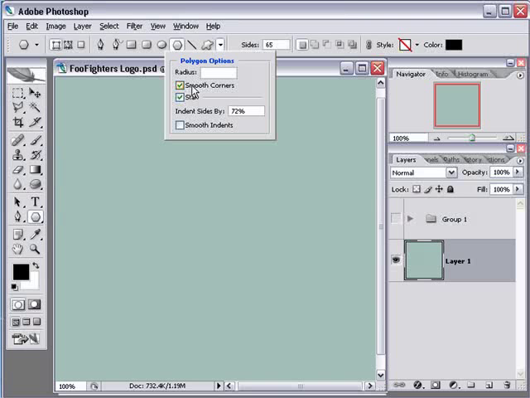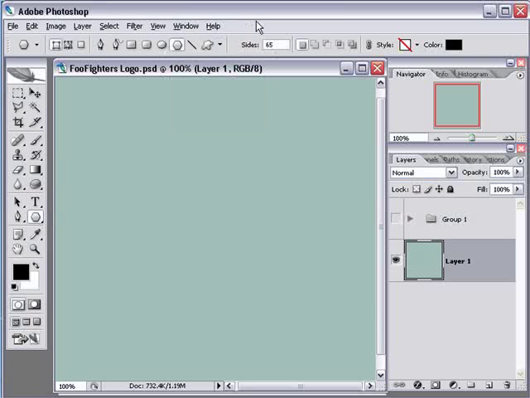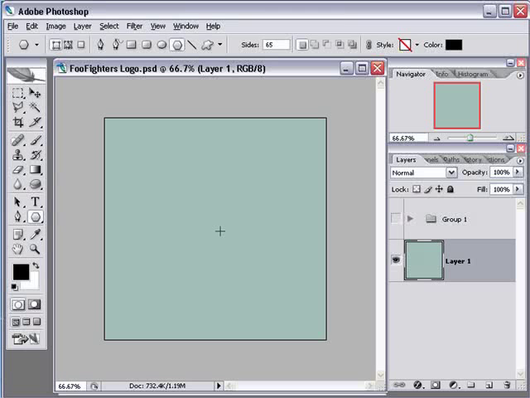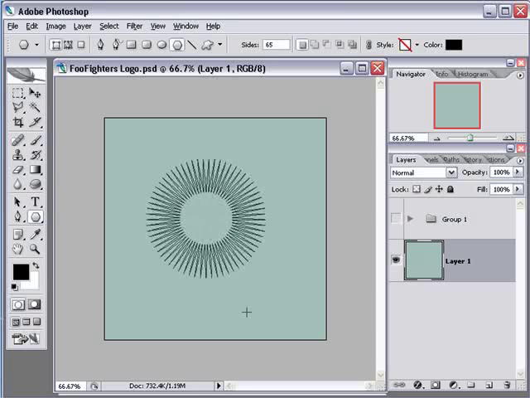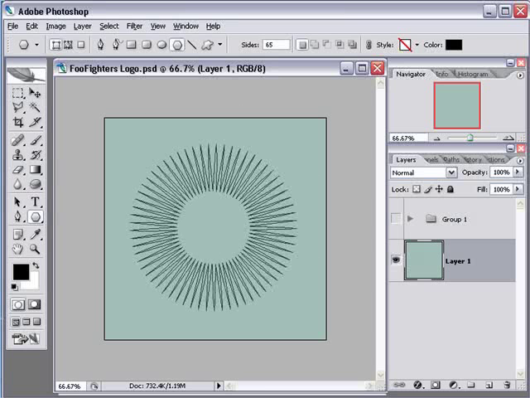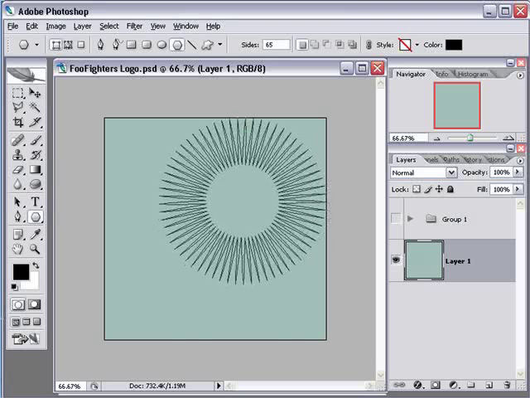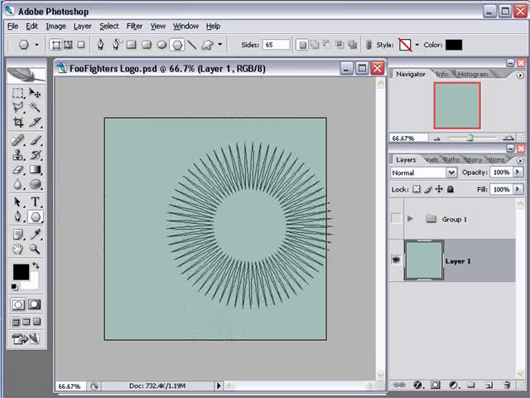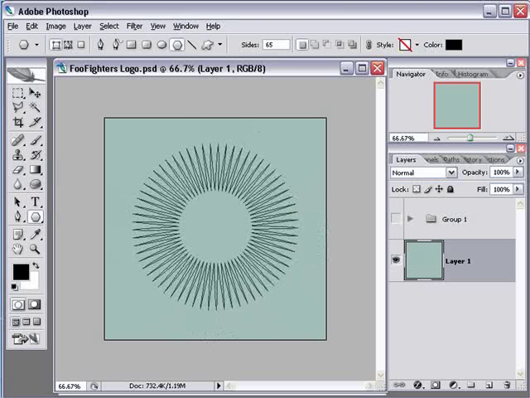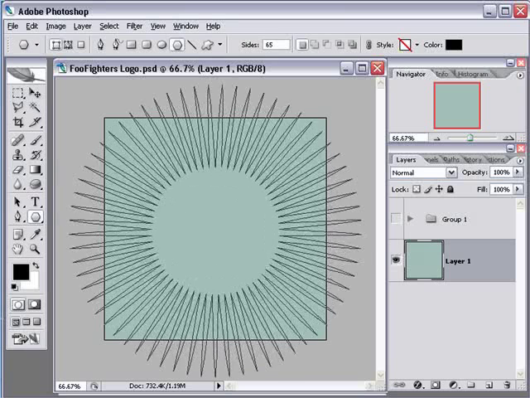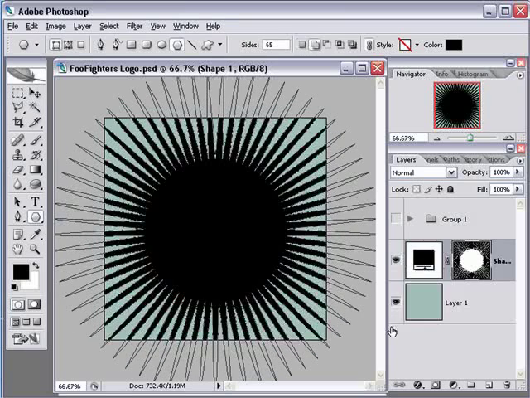So first choose smooth corners, and then choose star. And then under sides, I'm going to put in 65 for this one. Now watch what happens here. You put your cursor into the center of the image, and let's zoom out a little bit. Put your cursor into the center of the image, hold down the shift key, and just drag out a star. And if you need to reposition it, you can always just hold down that spacebar key. That lets me move it around as you see them doing here. But just drag out a star and just make sure it kind of extends just to the edges of the